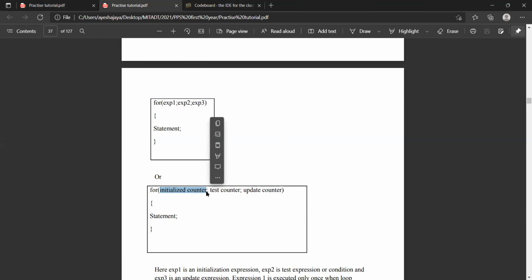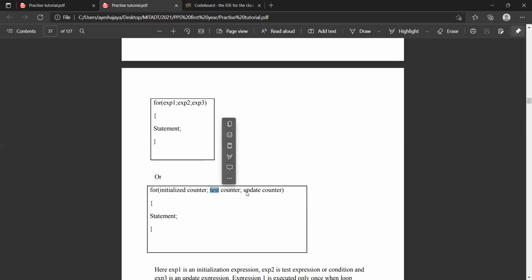Then the second expression is the test counter. Test counter means the condition to be evaluated, whether true or false, which we did in the while loop. Update counter means what we did in the while loop, p is equal to p plus 1. That was an increment operation on p, which we were using as a counter.